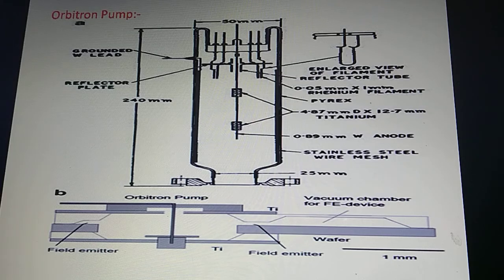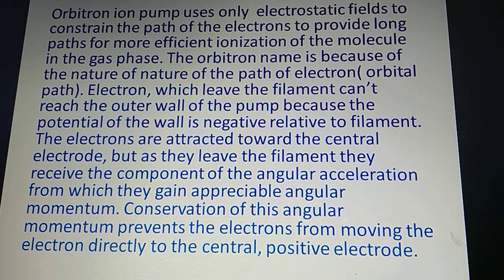So let me explain this. The Arbitron ion pump uses only electrostatic fields to constrain the path of the electrons to provide a long path for more efficient ionization of the molecules in the gas phase. The name of this pump is because of the nature of the path the electron follows,